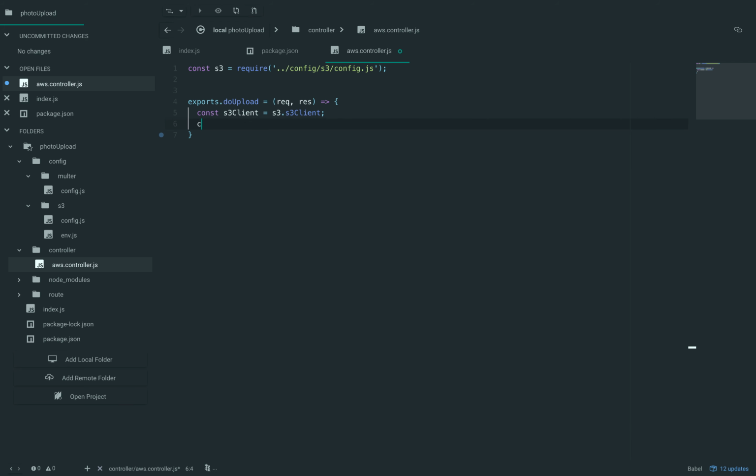And we have access to these since we required the configuration file. And here, we have several parameters that we have access to on the